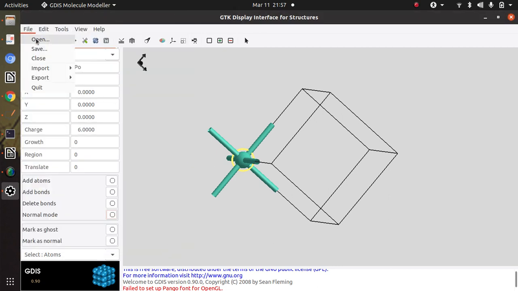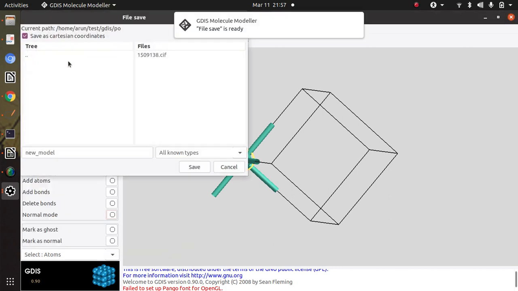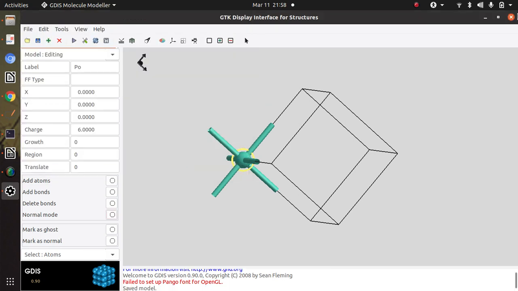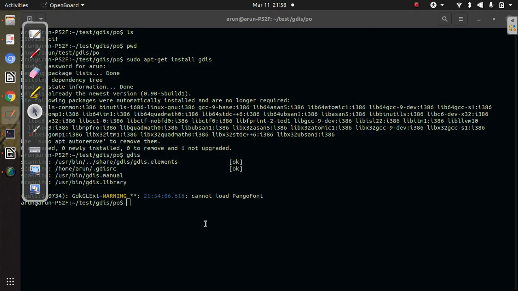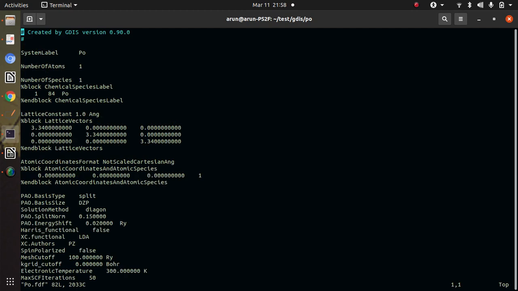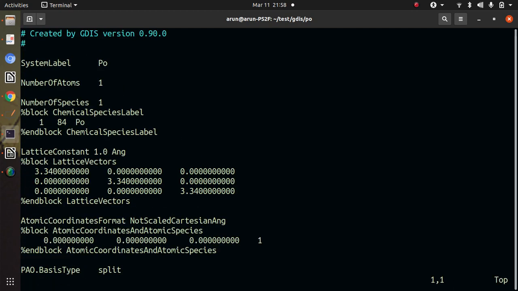Then I save this as polonium.fdf, and close it. If I open polonium.fdf, this is its structure.